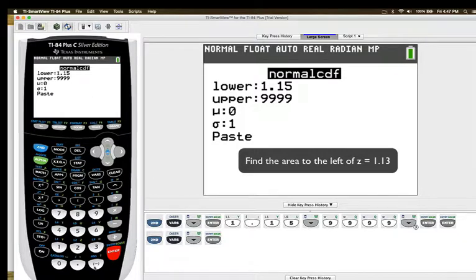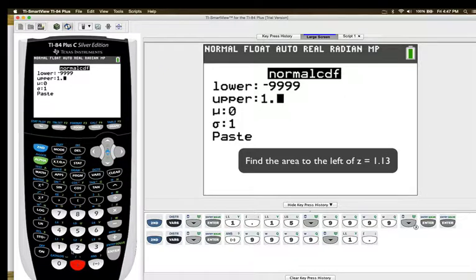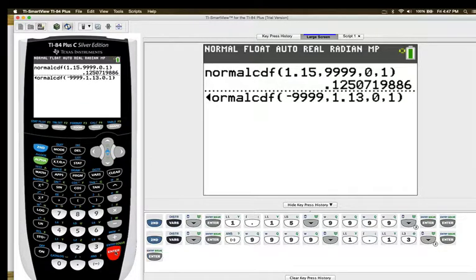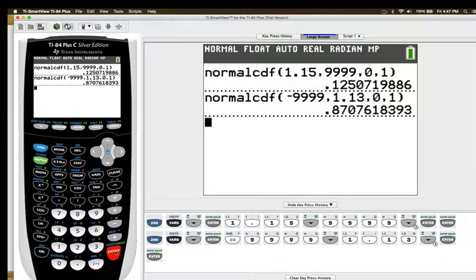So use the negative symbol and press 9999. My upper bound, scroll down, in this case is 1.13. And we scroll down, don't touch these values, paste, press enter, and enter again, and your probability, depending on the rounding rule,